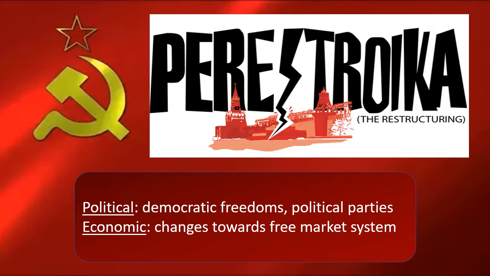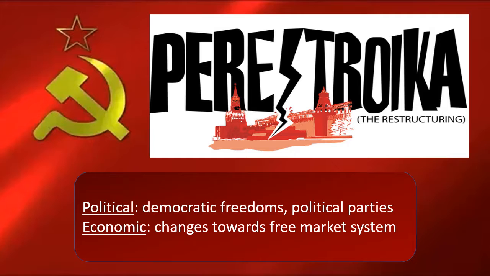Perestroika was the restructuring of the political and economic system of the Soviet Union. For many decades, the Communist Party had complete control over the government and decided who would lead, with no opposition parties allowed. Under Gorbachev's political perestroika, other parties were allowed to form and compete, and people could vote in a more democratic way for their leadership.